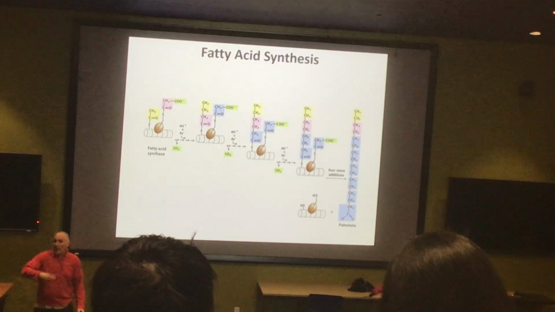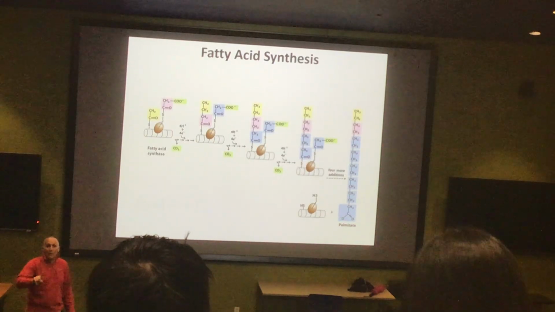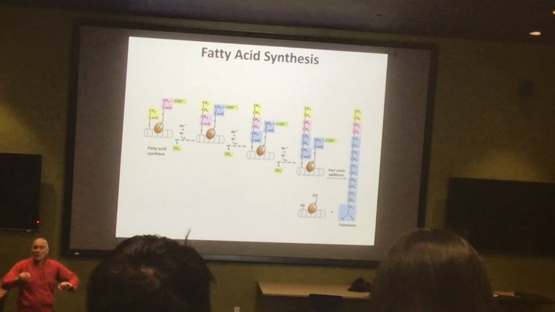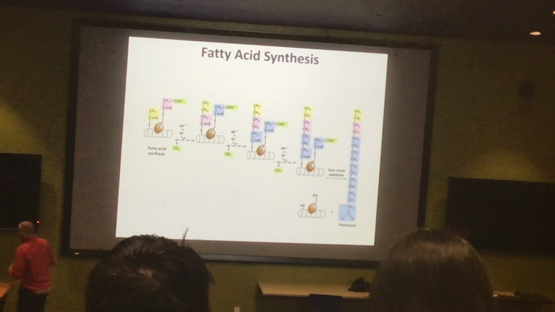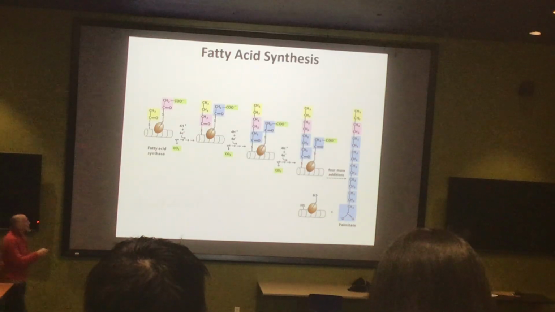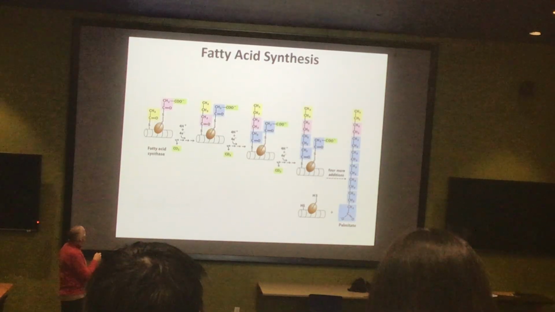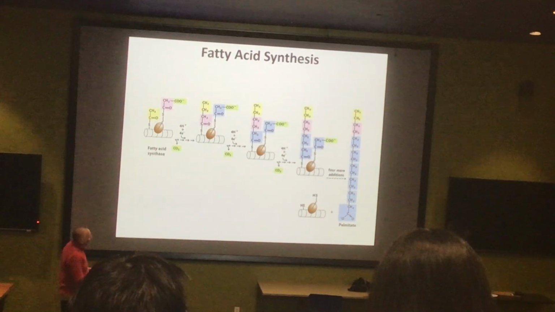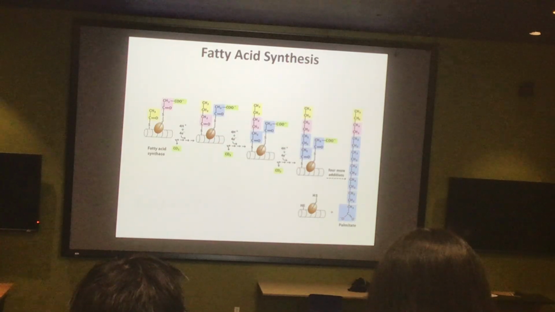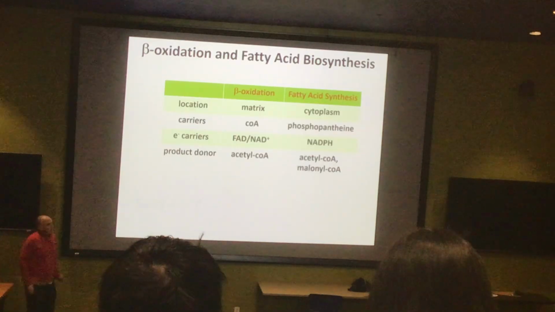From this point forward, after the first round, every single time it's going to be adding a malonyl-CoA. In the first round, we start with a malonyl-CoA and an acetyl-CoA. Every subsequent round of this chemistry is using a malonyl-CoA. And of course, we just continue to add carbons and carbons and carbons. So this is our first, right, acetyl-CoA. We're pushing it all the way out here, and then this is the palmitate molecule that we are trying to make. Okay, and that's it for the chemistry of fatty acid synthesis.